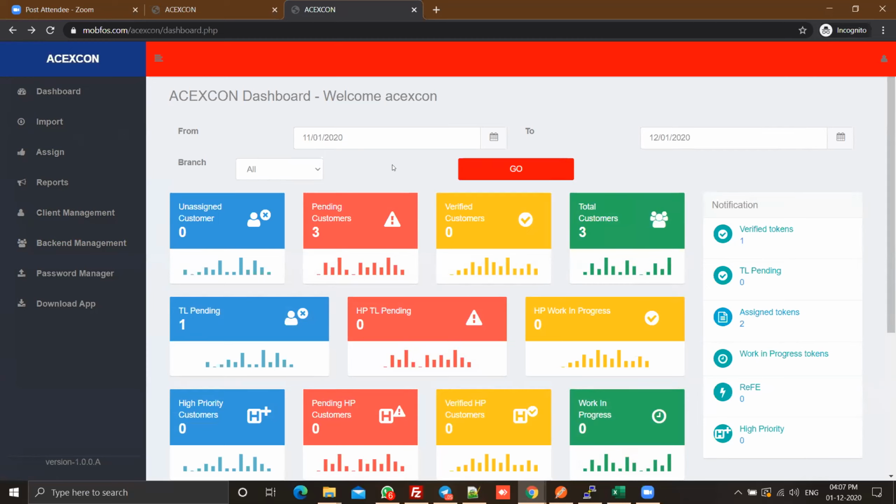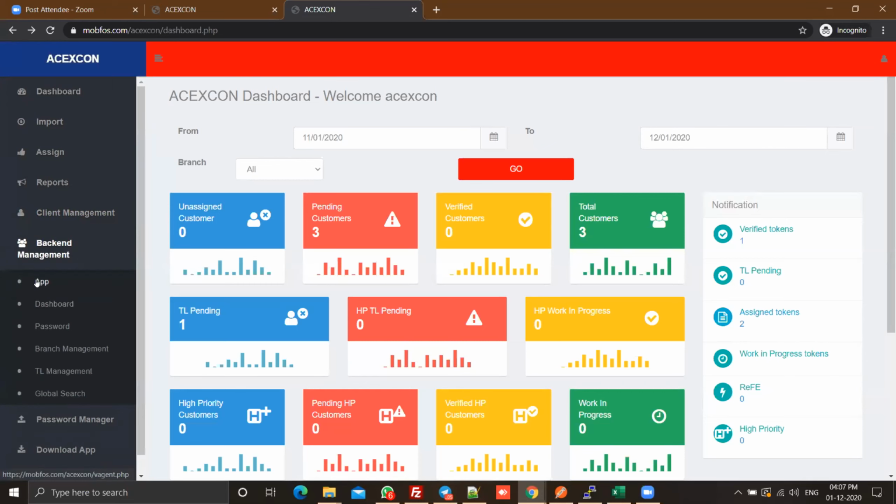And is there a way for me to see all the field engineers on the map particularly, or do I have to go individually to each one to see the current location? We actually have a module there. Let me just confirm if that is available here, or I'll ask the team to enable that one, wherein you'll be able to see a map view with the progress of the agent as well as the locations of the agent as well. I'll ask the team to enable that. I think it's not available.